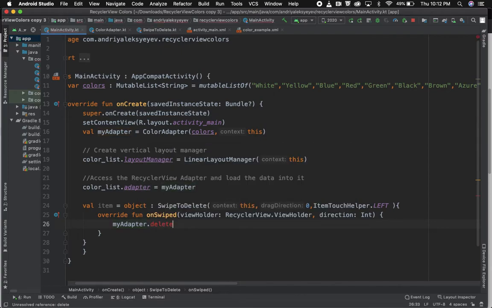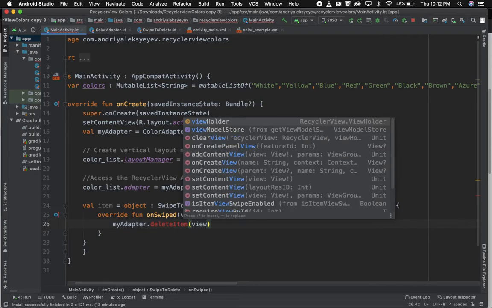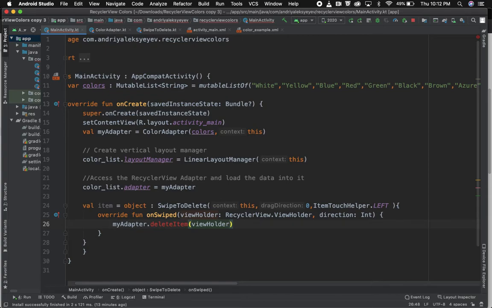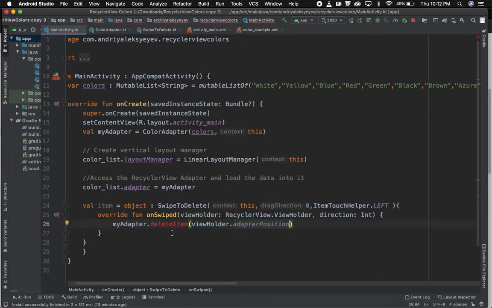Delete item, which will take parameter of viewHolder dot adapterPosition. And so once again, it's red. Don't worry about that. We need to create it. We need also,